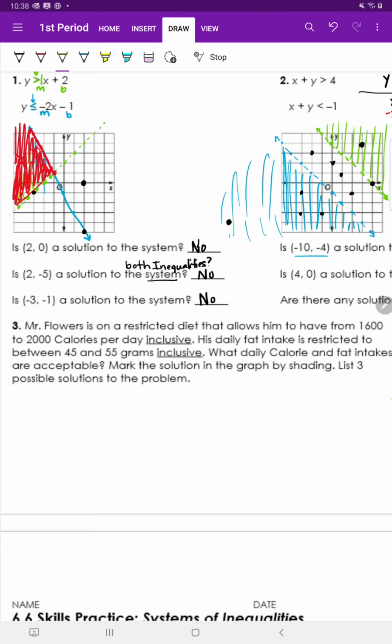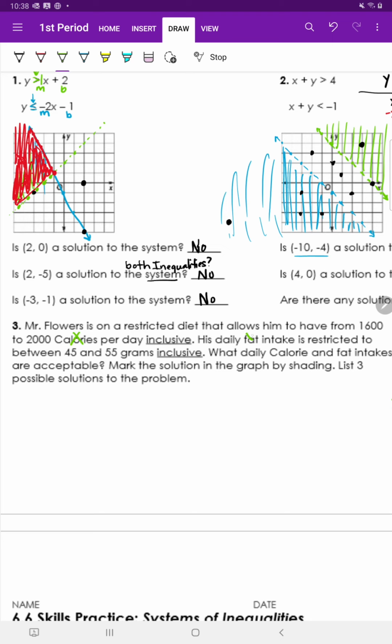So he has to have between 1,600 and 2,000 calories, and he has to have between 45 and 55 fat. So we want to know what intakes are acceptable for him when we take both calories and fat into account. And we're going to draw it on the graph. So we already said that calories are X